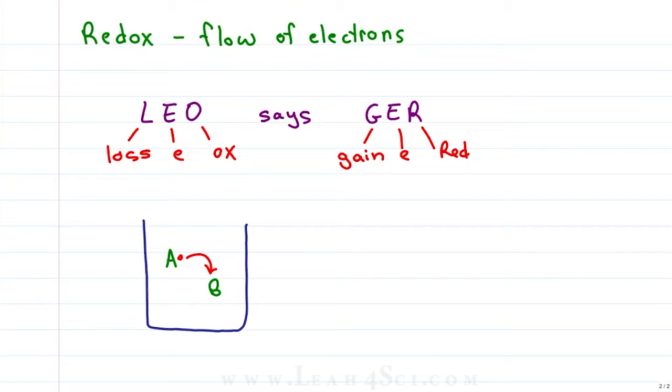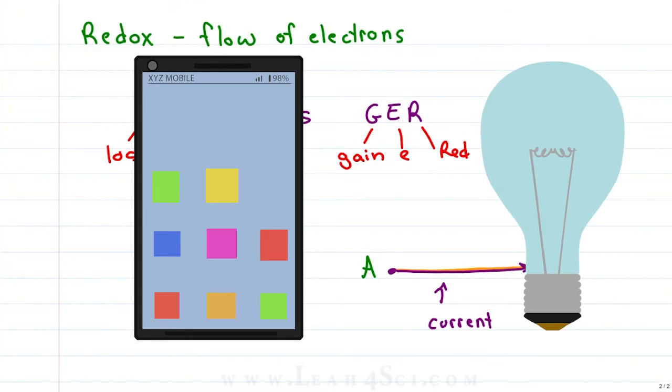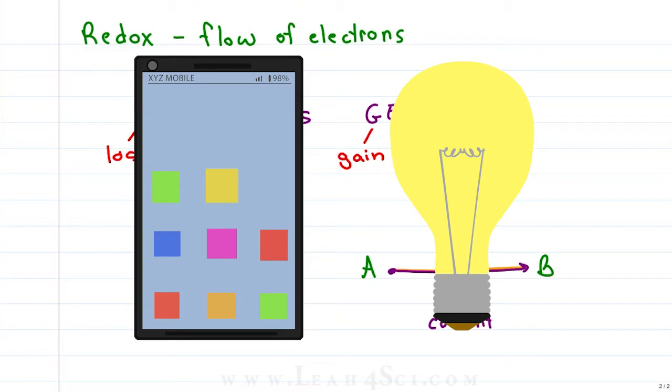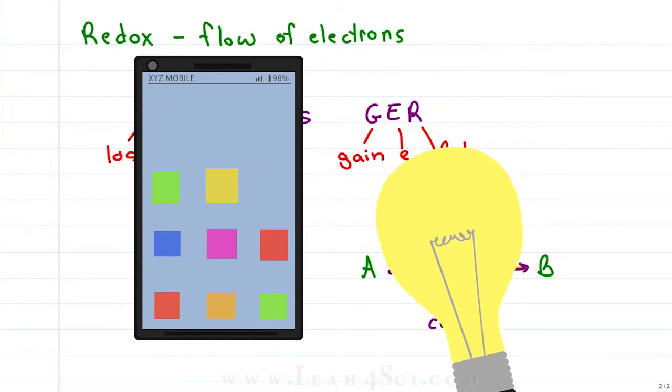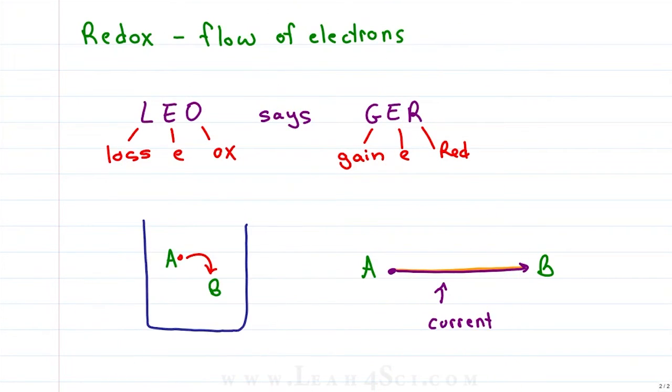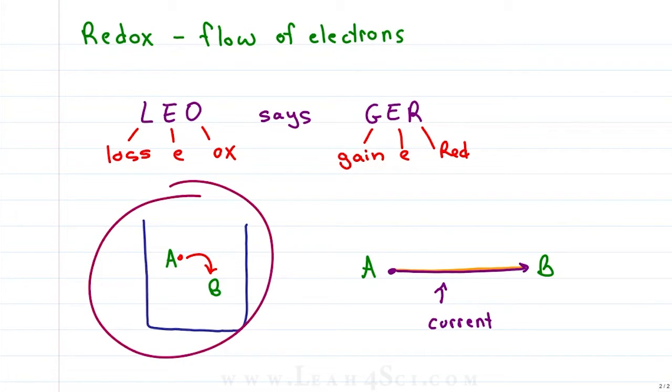B, we can't capture it. But if A and B are separated and that electron is forced to travel over the wire, we now get a current on this wire that we can harness for electricity, for example, to power a cell phone or a light bulb. So yes, we can have redox outside of a battery, but if it's self-contained and we don't capture